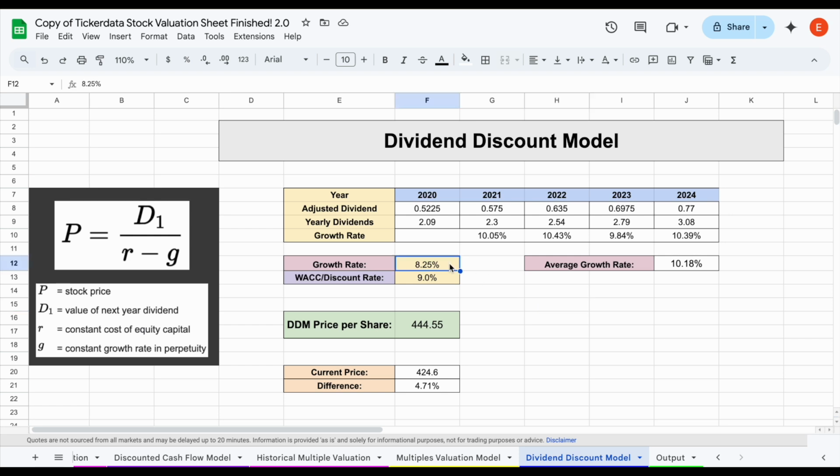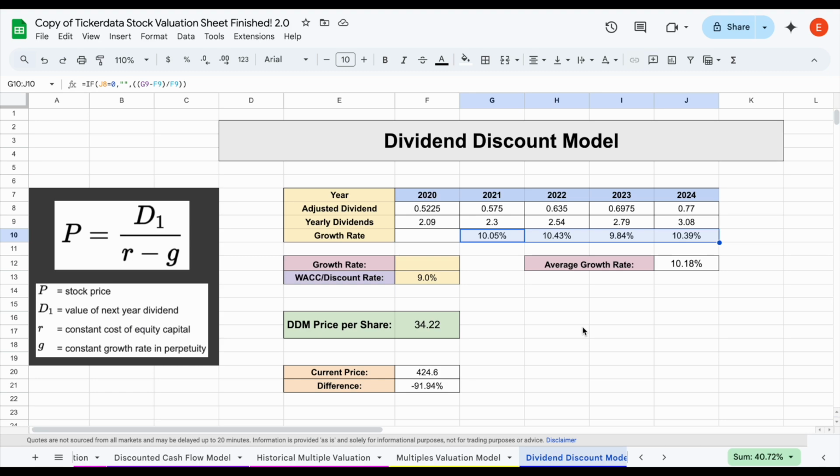So the 2 key metrics we need to perform this valuation are going to be the growth rate and the discount rate. Now, to get the growth rate of the future dividends, we're going to do the same thing we did with free cash flow. We want to look at how the company has historically been growing those dividend payments. So you can see right here, we have quarterly dividend payments for this company and the yearly dividend payments for this company over the past few years. So this allows us to see the year-over-year dividend growth rates. And it's pretty clear they're consistently hitting about 10% dividend growth.